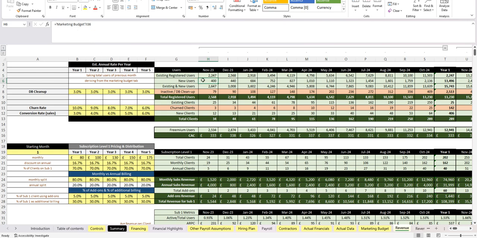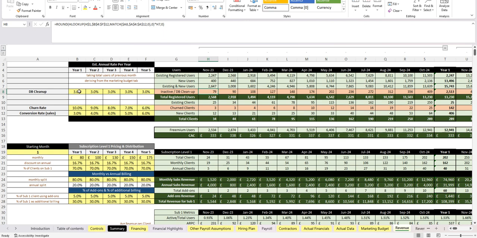So that means new users doesn't mean new clients. The new clients are here, I will explain, okay? Existing new users, so we add up this, and then we have some DB cleanup, which is a standard process that usually maybe it's not 3%, maybe it's 1% every month. Some people, some emails bounce, people get interested, or the chance they want to delete their account, whatever it is,